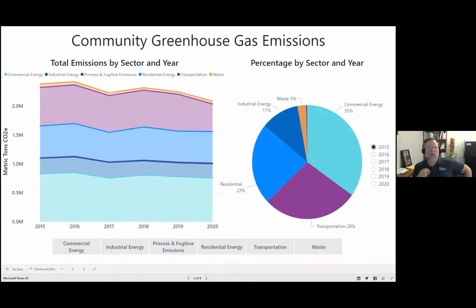Yeah, I just want to clarify, my statement was really related to the transportation emissions. That's where we see the most significant drop. And, you know, we've not dug into our emissions inventory yet for 2021. In other communities, they have seen a rebound, unfortunately, in emissions. So I would assume that we will see a rebound, unfortunately.